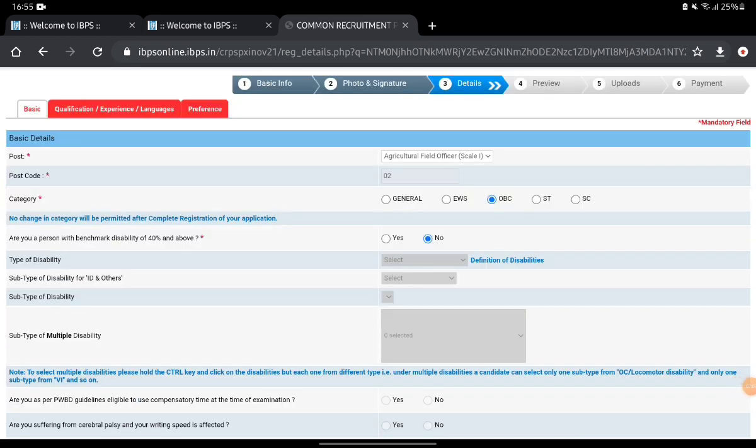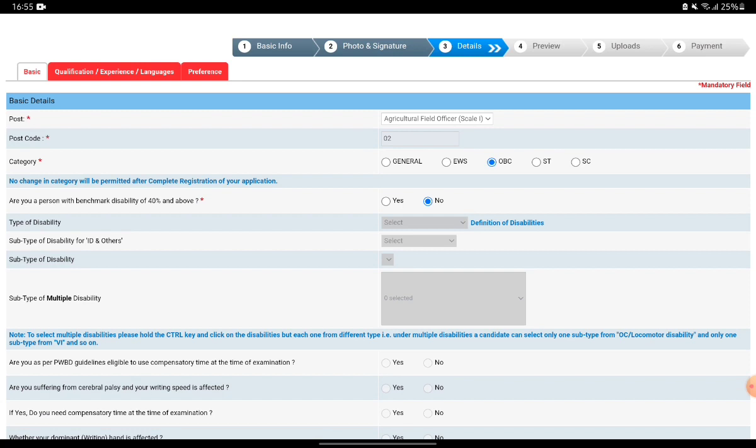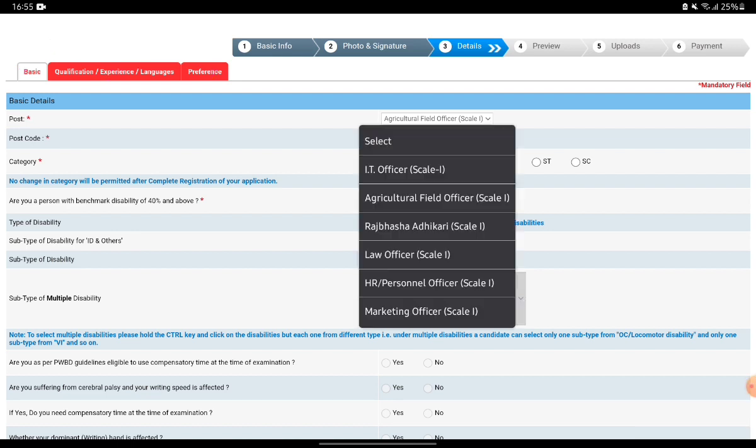Friends, here is the third part, that is details of your examination. Here there are three parts: basic information, your qualification, and your preference. Here is the list of posts that you can apply for.